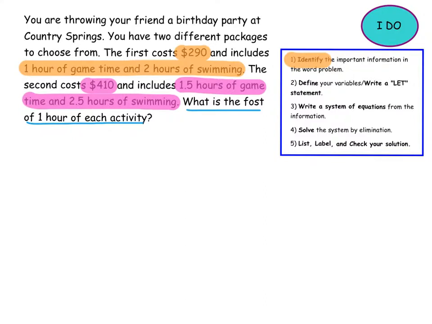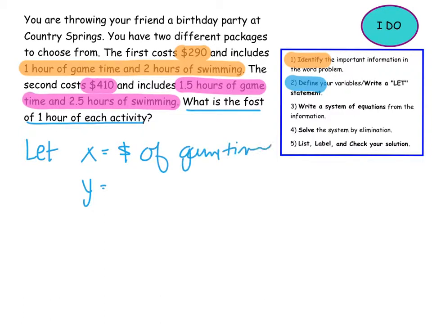So, the next step says to define our variables. And remember, variables are unknowns. And we're trying to find the cost of each activity. So, X is the cost of game time for 1 hour, and Y is the cost of swimming for the 1 hour. From here, we need to write our system, because that's the next step, writing the system